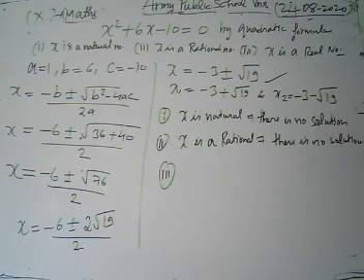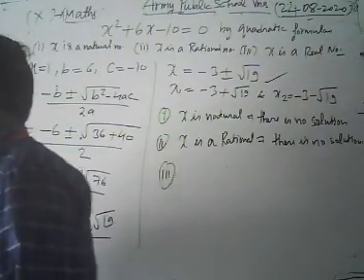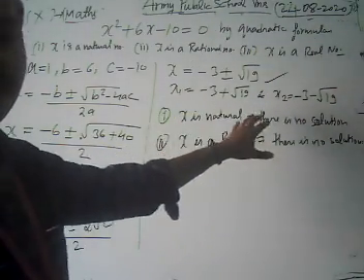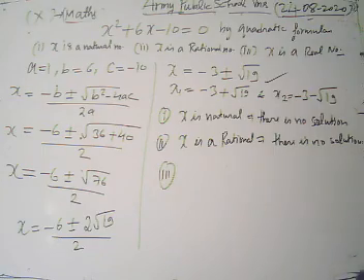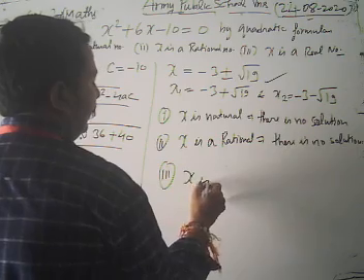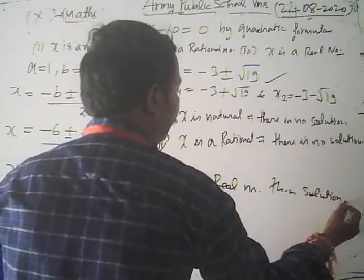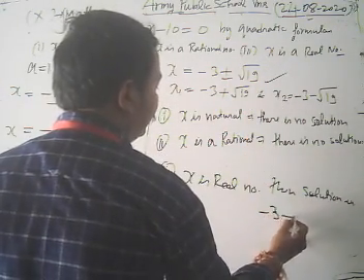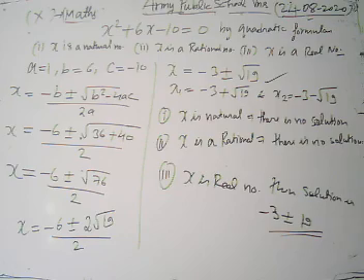The third case is when x is a real number. Then minus 3 plus root 19 and minus 3 minus root 19, both numbers we will find on the real line, because it's a sum of rational plus irrational, and the real line contains rational as well as irrational numbers. So in the case when x is a real number, the solution is minus 3 plus minus under root 19.